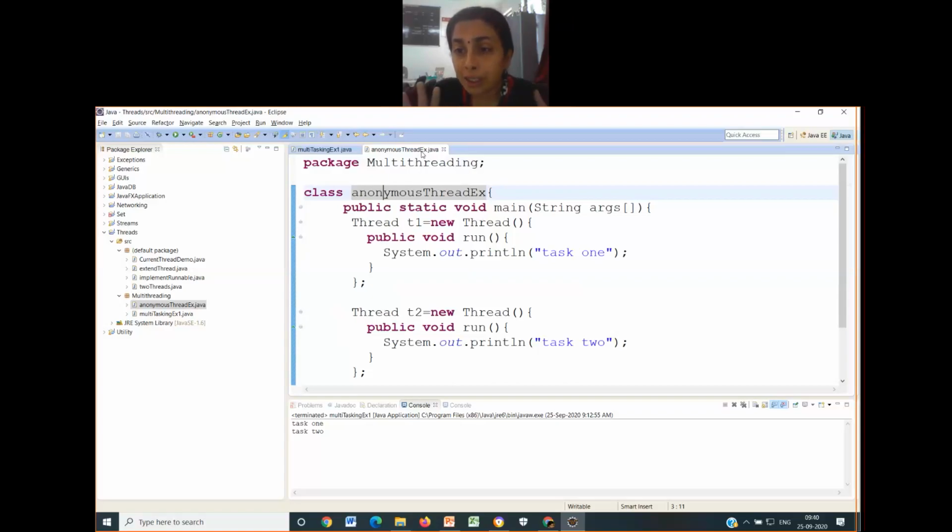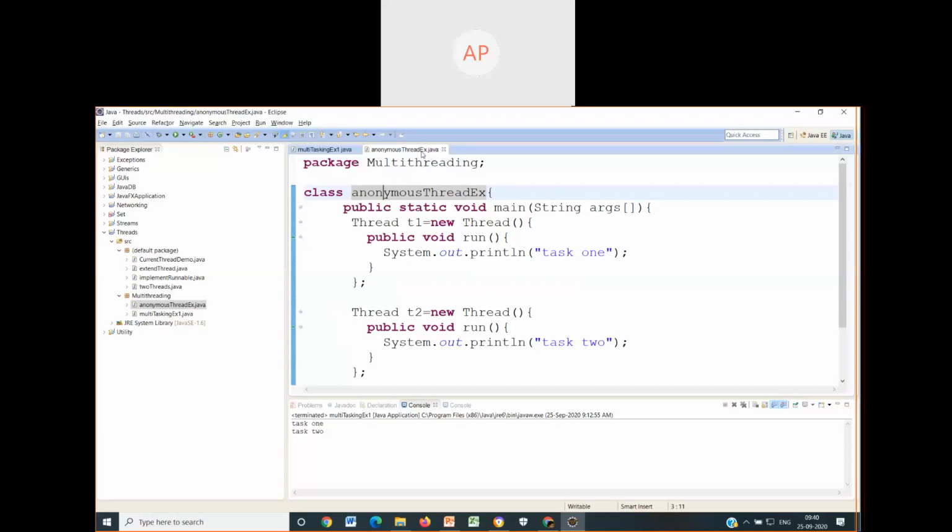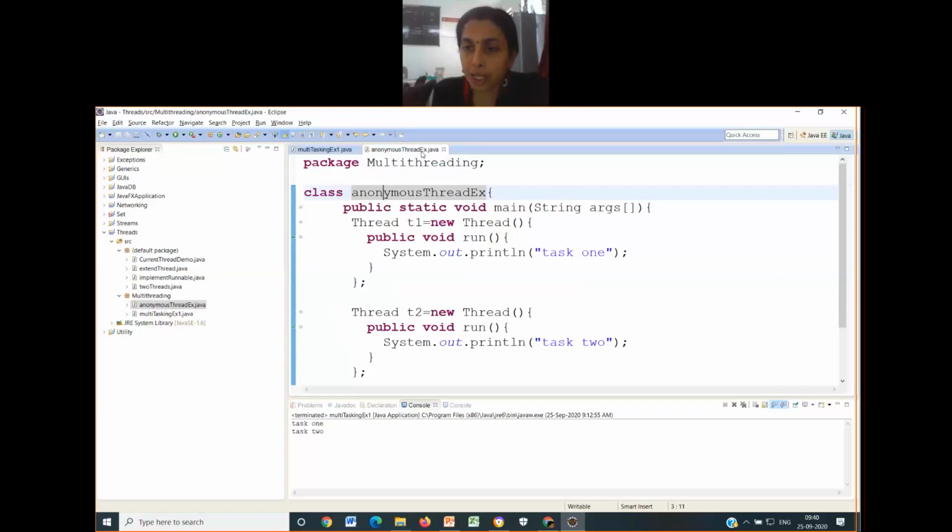If you have 50 threads, you need 50 different thread classes plus the main class, so 51 classes have to be written, and you have to remember 51 class names. Instead, as and when I require that functionality, it can be added to a thread which has its own object created at that moment. It is momentary. This is an advantage: as and when I require it, I will create the thread.